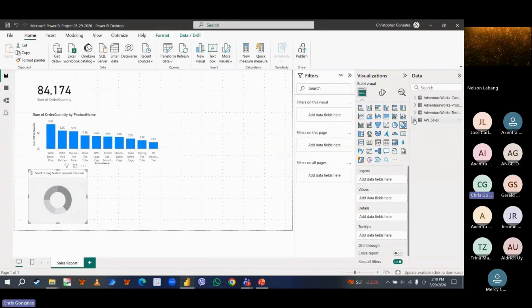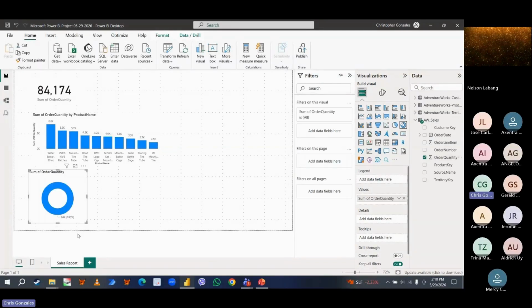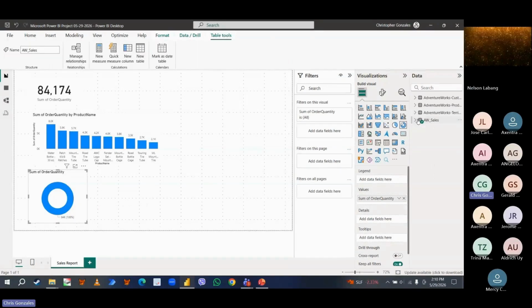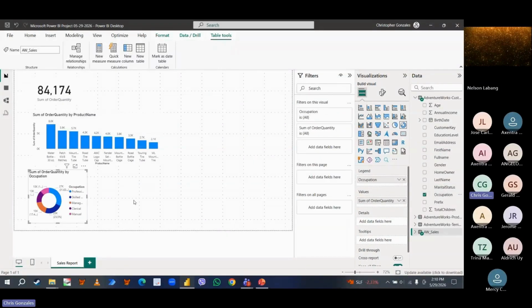For values, order quantity, as usual. I want to display order quantity per customer occupation. So customer occupation is a filter. You can simply drag and drop this over to the legend. And instantly you have this kind of donut chart.